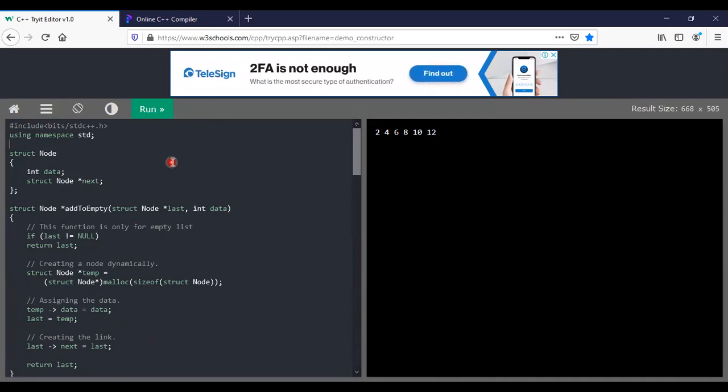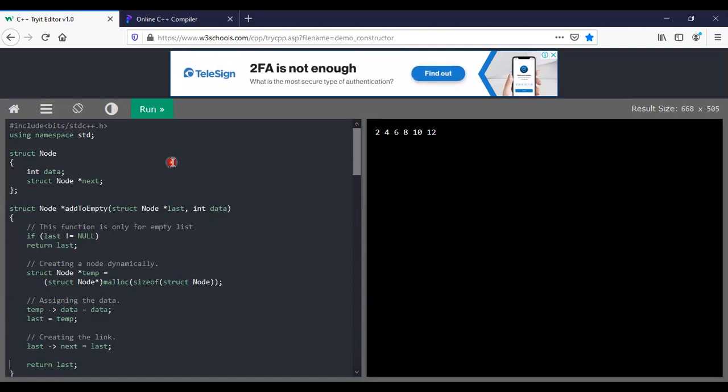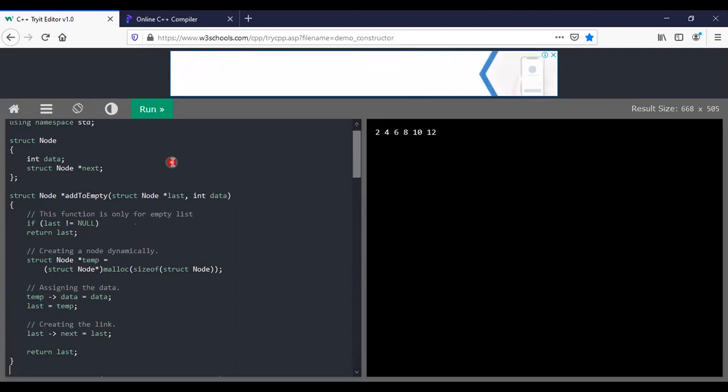First, in the previous class, I said that we need to create a node. How are we creating a node? We are creating a node by using data and the next pointer, which is pointing to the next one. Coming to the next one, the first is inserting at the empty list. How are we going to insert at the empty one? We need to create a space and assign the data, and then specify that the last should be there only. So last should be returned, if you are specifying add to empty.